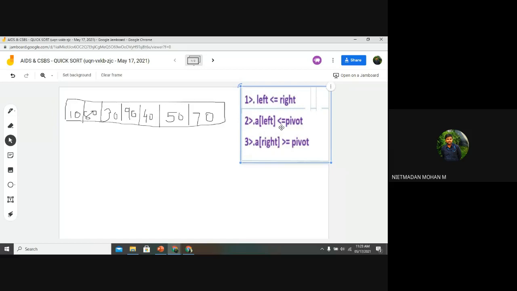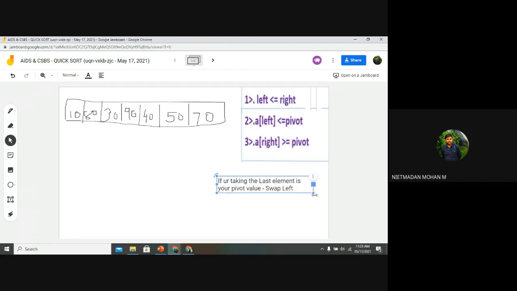You want to remember this condition. And one more condition will be there. If you are taking the last element as your pivot value, then the swapping method will consist of the left part. So I will tell you how it will happen. Swap left.